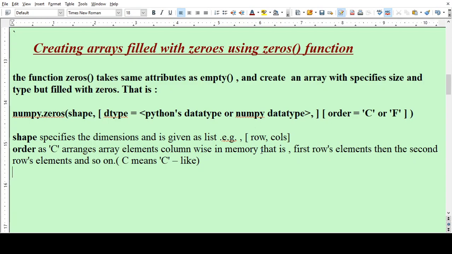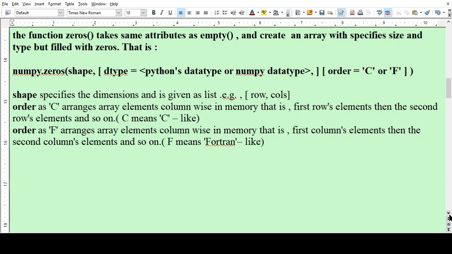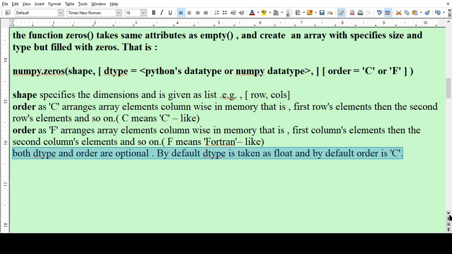C means C-like. Order F arranges array elements column-wise in memory, that is the first column's elements, then the second column's elements, and so on. F means Fortran-like. And both the dtype and the order are optional.